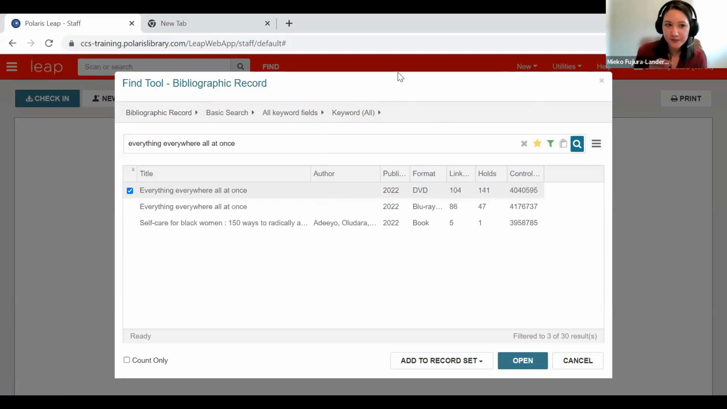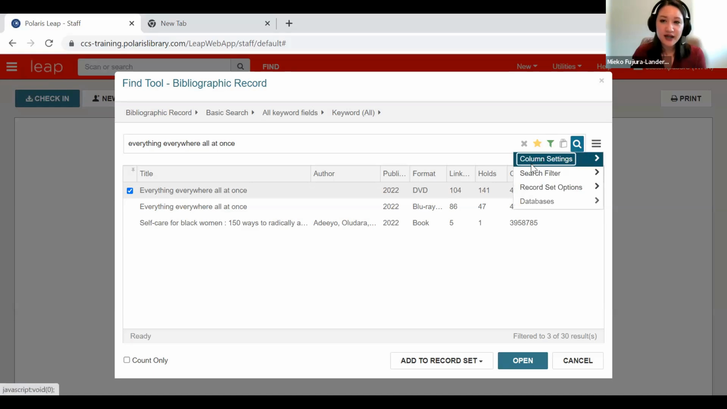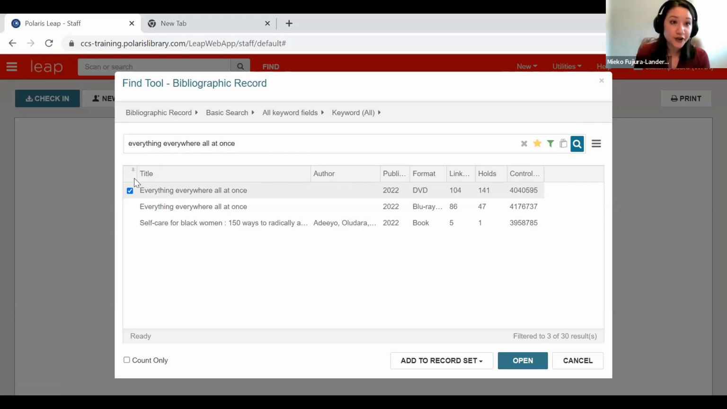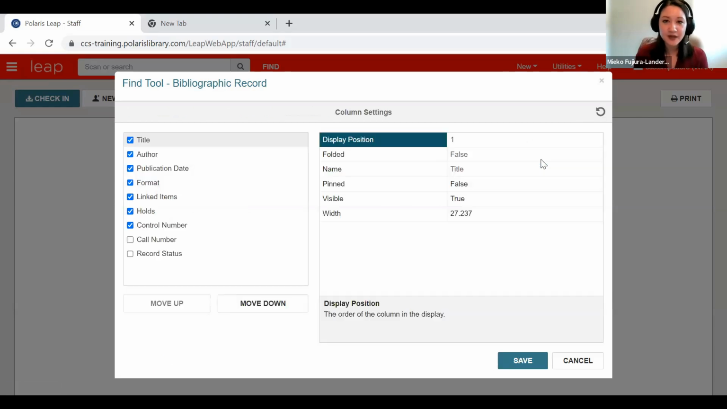There's one other little customization bit that I want to show you in the Find tool. And that's here right next to the magnifying glass. You've got another three-little-line menu. When I click that, I see an option for column settings. And that's going to allow me to do minor customization on what fields display and in what order in my Find tool. So let me open that. I'm going to look at column settings for bib records. So these are settings that are tied to your own username. Adjust them however you want. You're not going to impact your